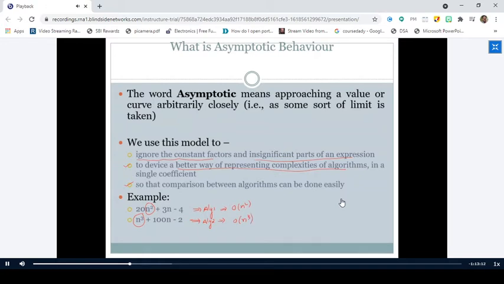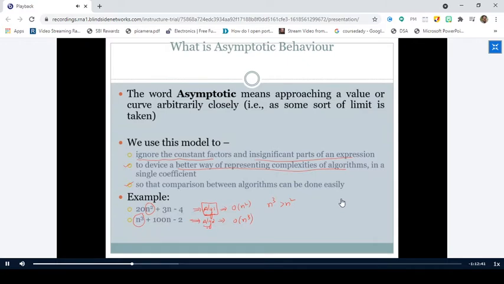Now, can I compare these two terms easily or not? Is n cube greater than n square or not? Greater than n square. Right. So, which algorithm is efficient now? Is it algorithm 2 or algorithm 1? Algorithm 1, sir. Super, right. The algorithm 1 is more efficient than algorithm 2.